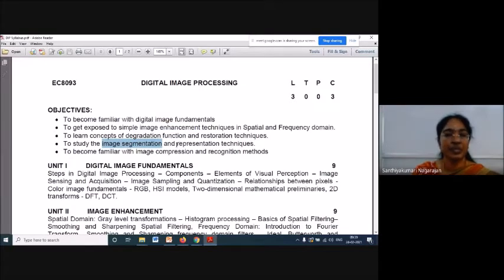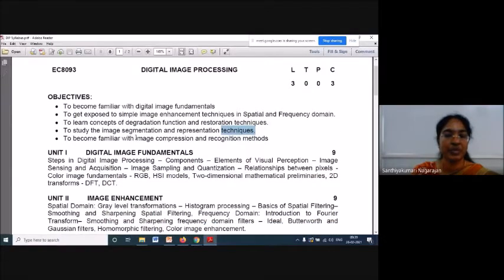Once you segment that information, you need to represent what that image actually is, and for what purpose you segmented it. You have to represent it from the reader's perspective. So you're going to know about the representation techniques, and at the end you're going to be familiar with image